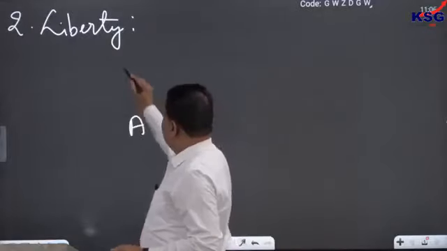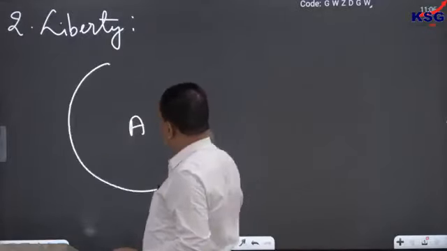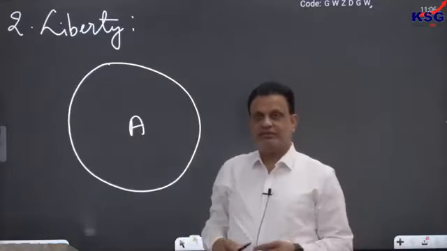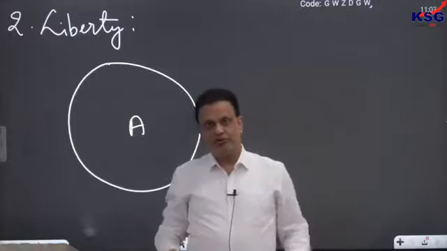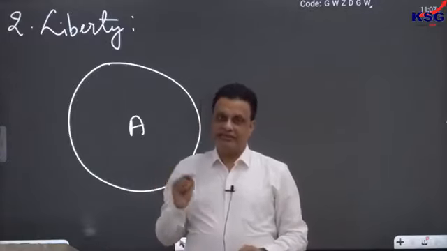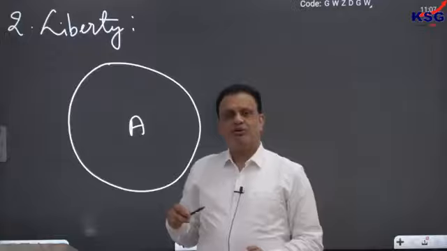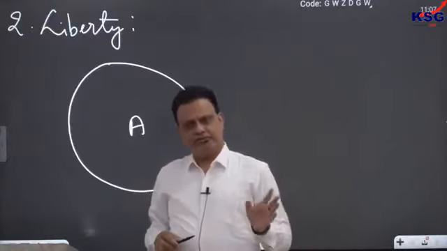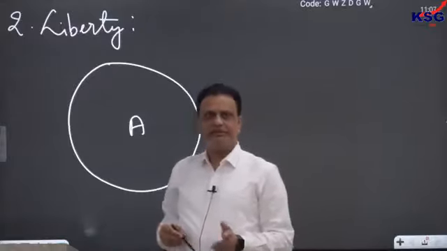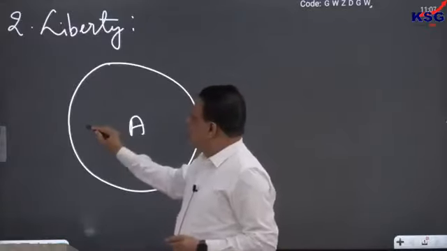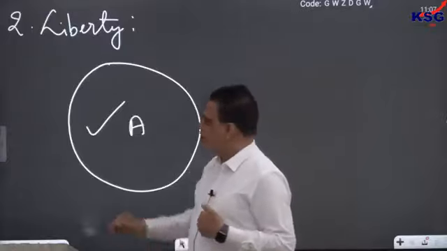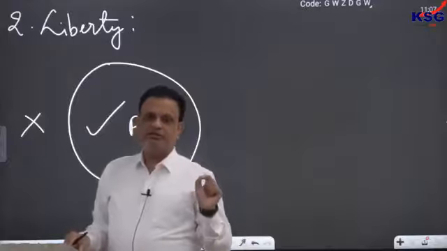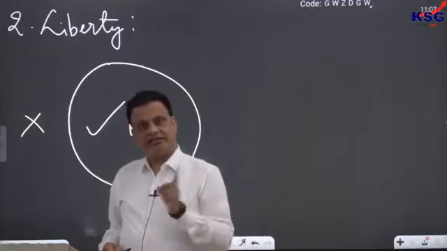Then Mill will say that around us we have a certain area of influence, a certain space around us. Physical space where we can move around, moral space where we can make decisions, or behavioral space where we can implement our decisions. Within that space, whatever I am doing is right, and outside that space, whatever I may do would be wrong.